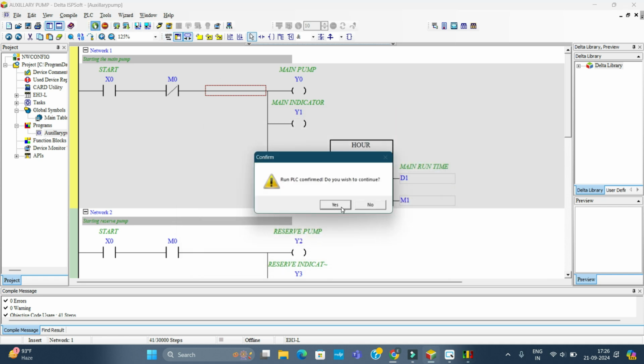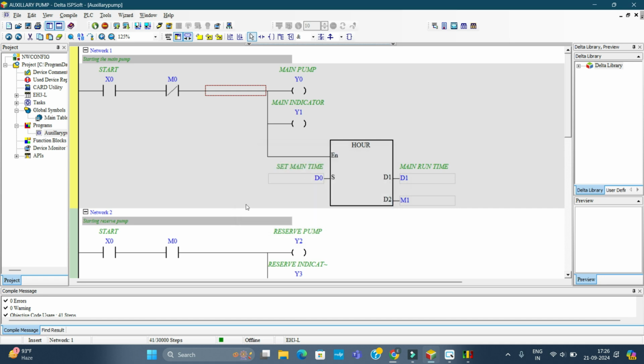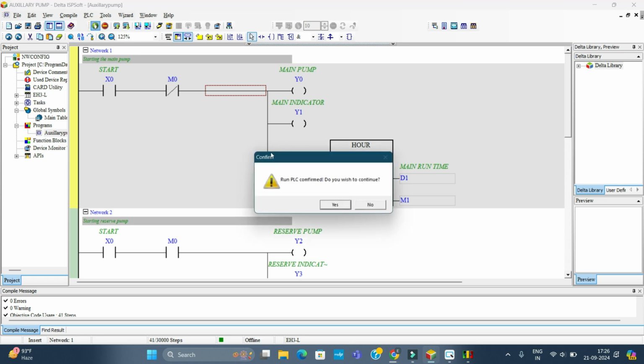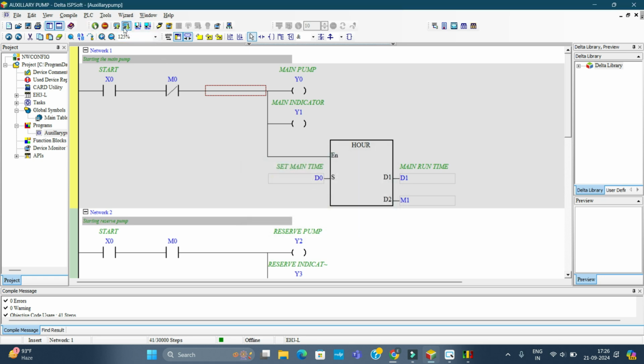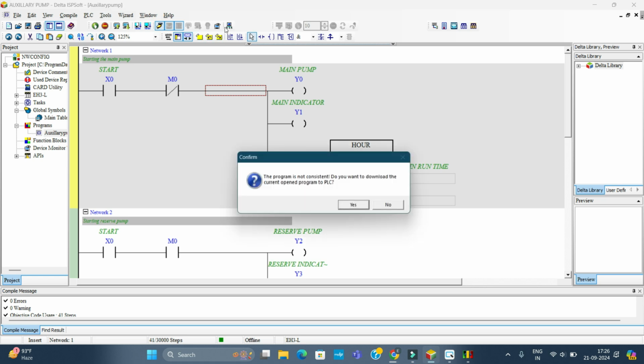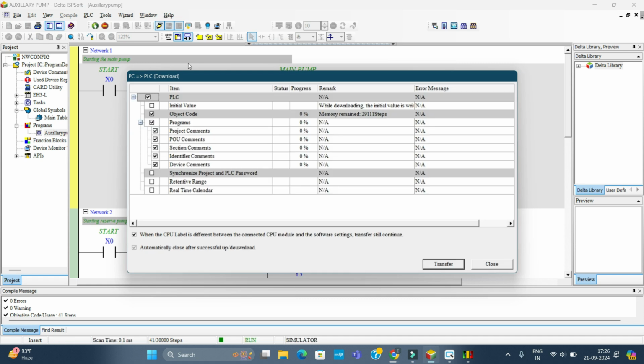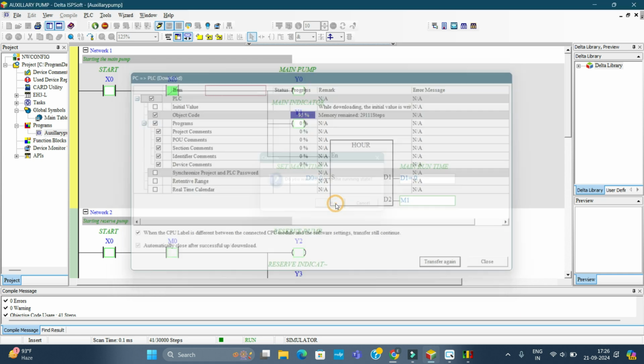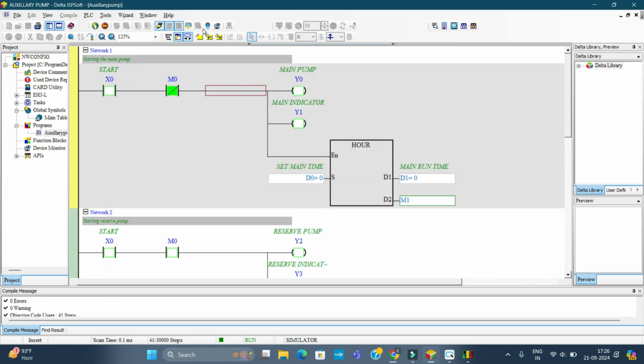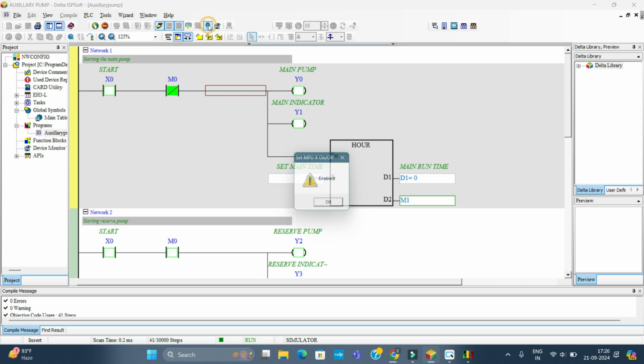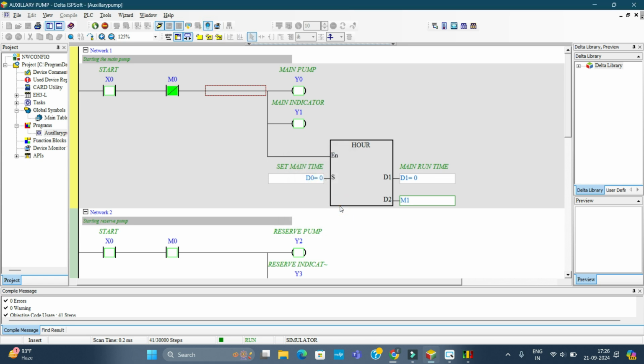So I have to run the PLC because the program is already downloaded in the PLC. Then I go online. Okay, let's first download the program in the PLC. It's getting there. Then we are online, and then we put the communication on. Once the communication is on,